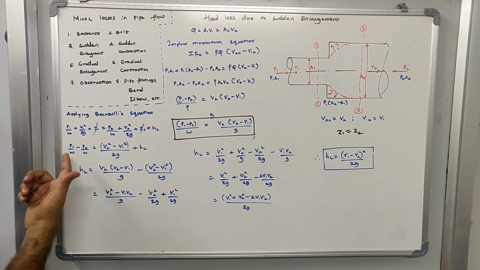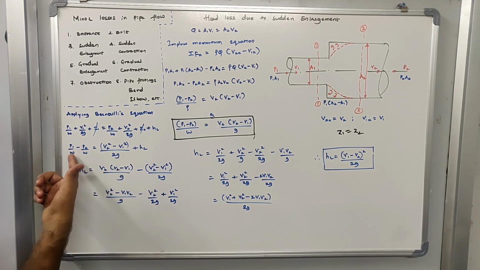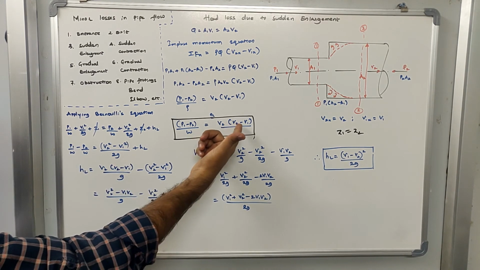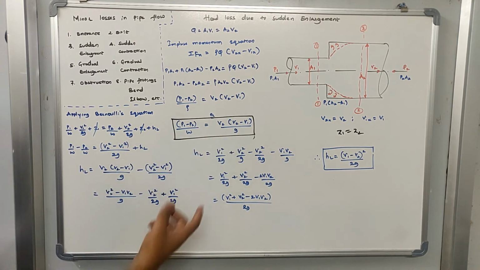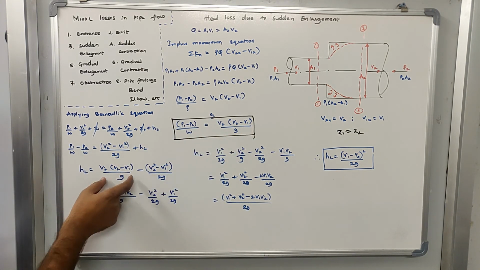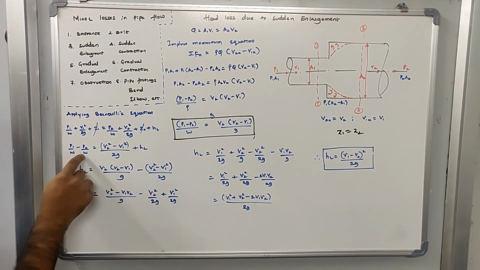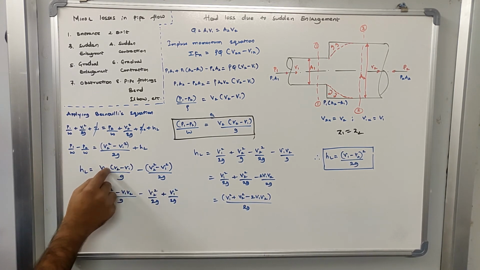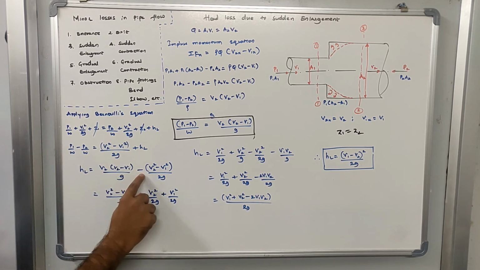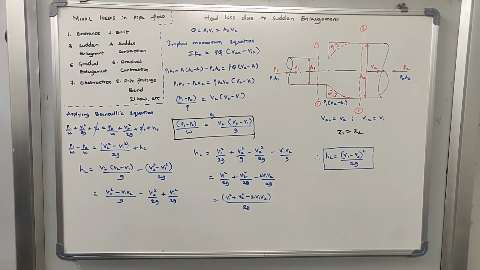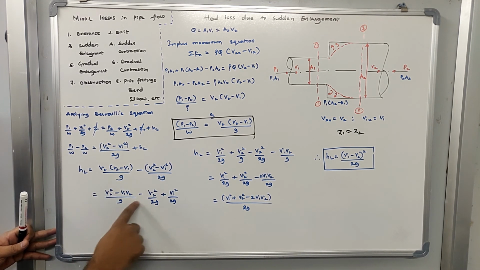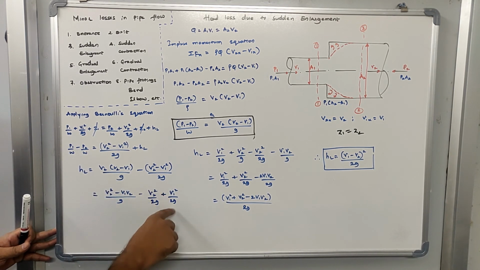Now let us look into what is P1 minus P2 by W. We already know P1 minus P2 by W, which is V2 into bracket V2 minus V1 by G, right? So instead of P1 minus P2 by W, I will substitute this. HL will be equal to P1 minus P2 by W, which is replaced by V2 into bracket V2 minus V1 divided by G, and I will send the other term to that side, so it will become minus. After simplification, we get V2 square minus V1 V2 divided by G, minus V2 square by 2G plus V1 square by 2G.